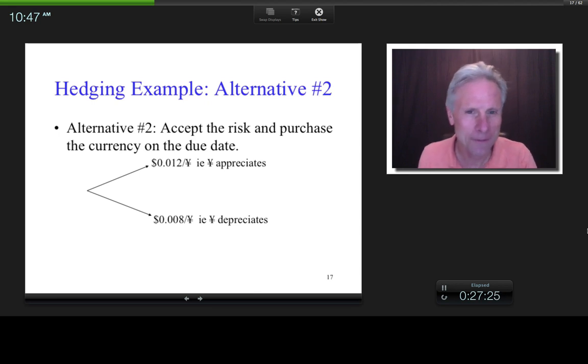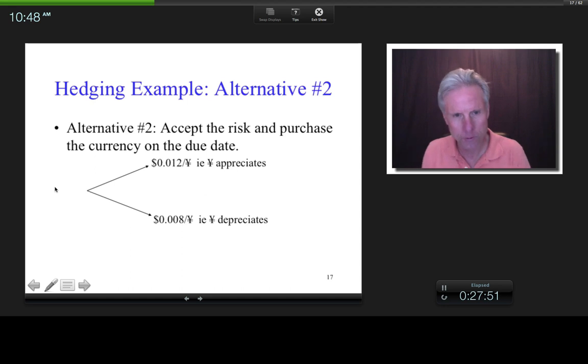Let's look at alternative number two. Number two says you can just accept the risk and purchase the currency on the due date. Okay, so let's see what happens. Imagine the yen unexpectedly appreciates, right? Because how much were we expecting the exchange rate to be? Okay, if I draw this out,